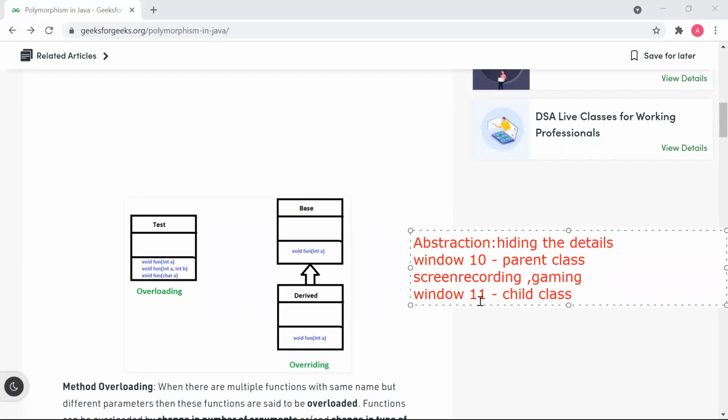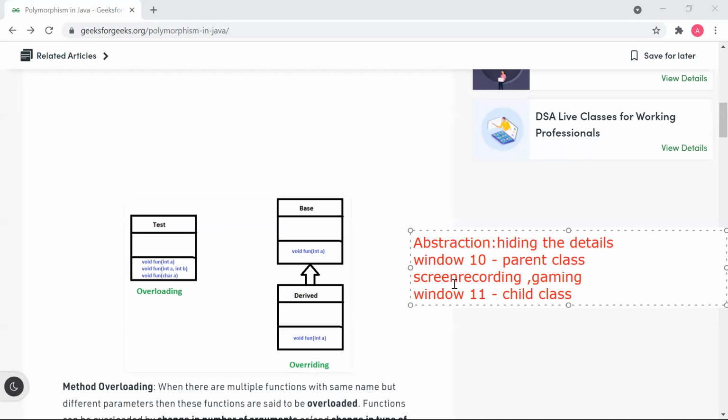Abstraction means hiding the detail. So in abstraction, we just declare a method in the parent class. We do not provide a body to it. We leave it to the child class. Whoever inherits this abstract class will provide a body to it. For example, think of the Windows 10 operating system.